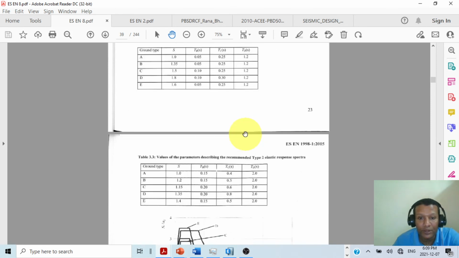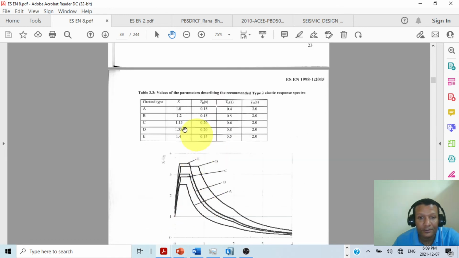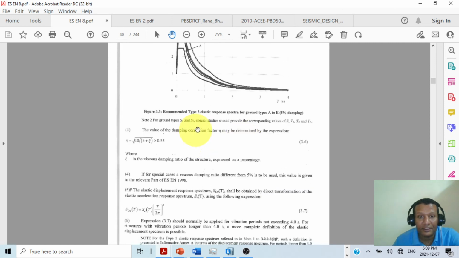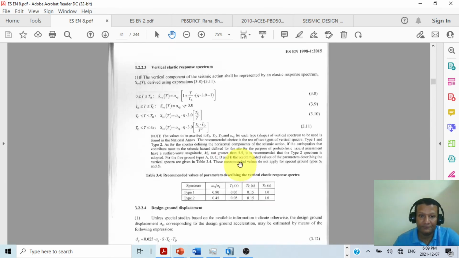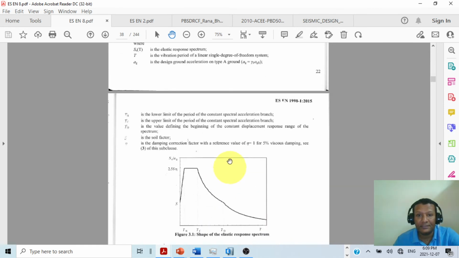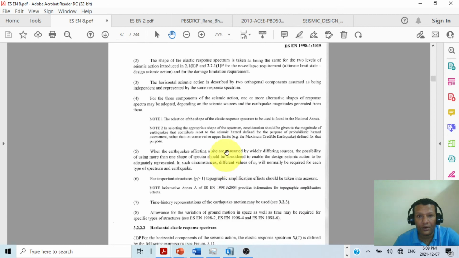This is type 1. Once we know the ground type, we can directly pick S, TB, TC, TD from this curve. The recommended type 1 and type 2 elastic spectra depend on the intensity of the ground motion. This T1 and T2 are used. So for our case,